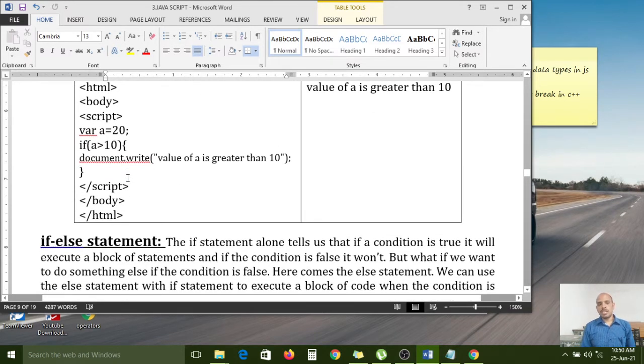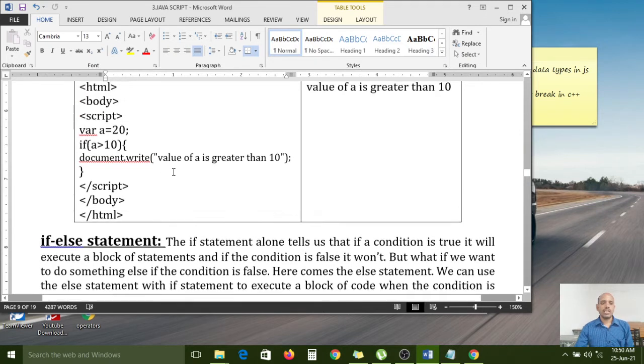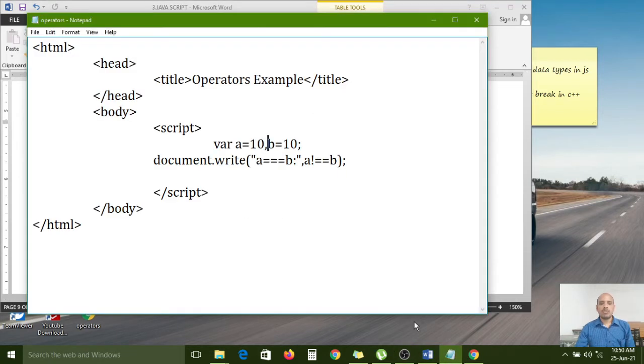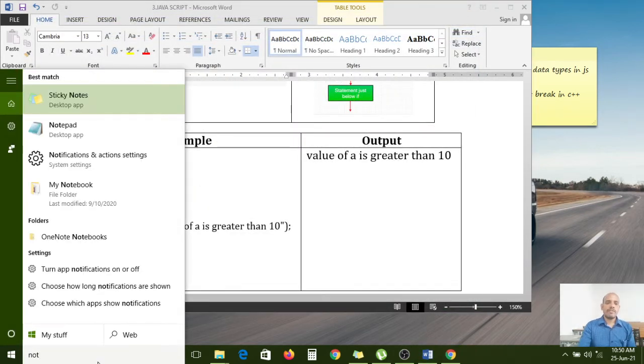So how to use the if condition in JavaScript, I will explain practically right now. After that, the if else statement and else if statement you can use by yourself. Here I have given examples. Okay? You better read first, and after that you better practice. Then only you can understand. So here I would like to give one example practically.